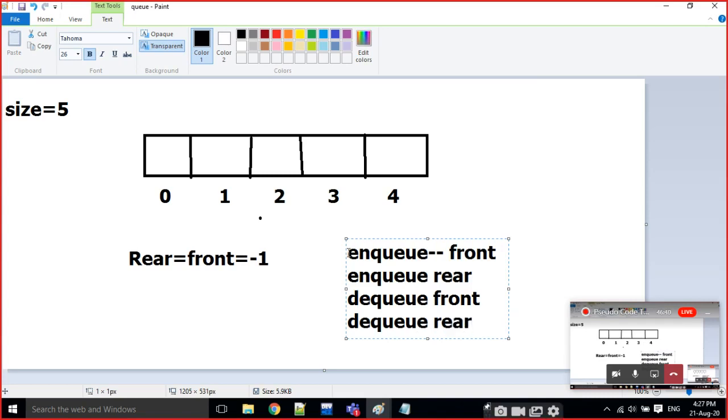We have to work on these 4 operations for the double-ended queue. The time complexity for all the operations is order of 1. That's why the queue is very powerful. Every time we want to delete or insert any value, the time complexity is order of 1 only.